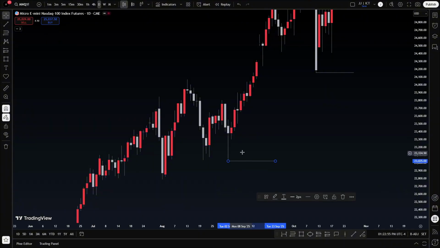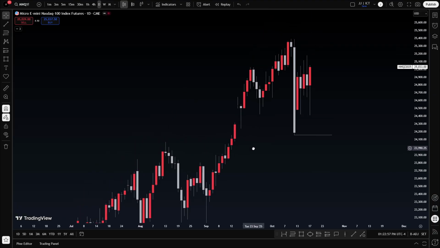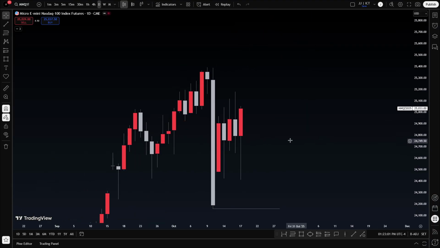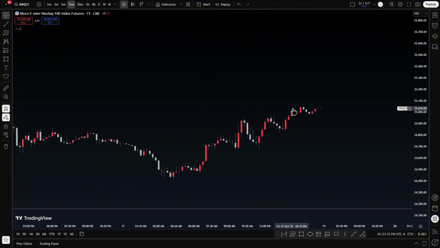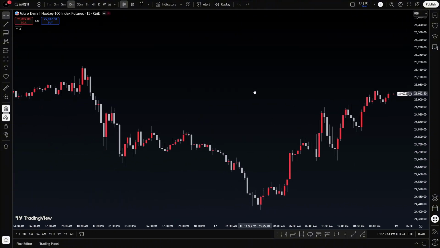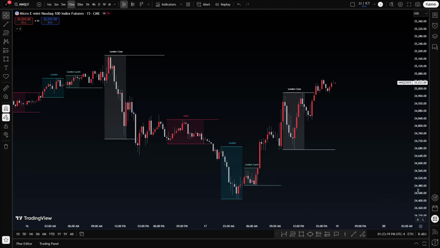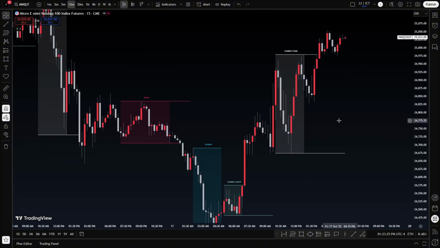So when we say time-based liquidity on higher time frames, we mean the previous candle. That can be the previous weekly candle, previous monthly candle, previous daily candle. Doesn't matter. But when we say previous, we mean the candle right before the current candle that we're actively trading in. Anyway, that's just one form, and that's very, very simple. I don't think I need to go over that any longer. Anyway, the kill zones. This is where things get a little fun, to watch the manipulation and the expansion happen. Let's get straight into it, shall we?